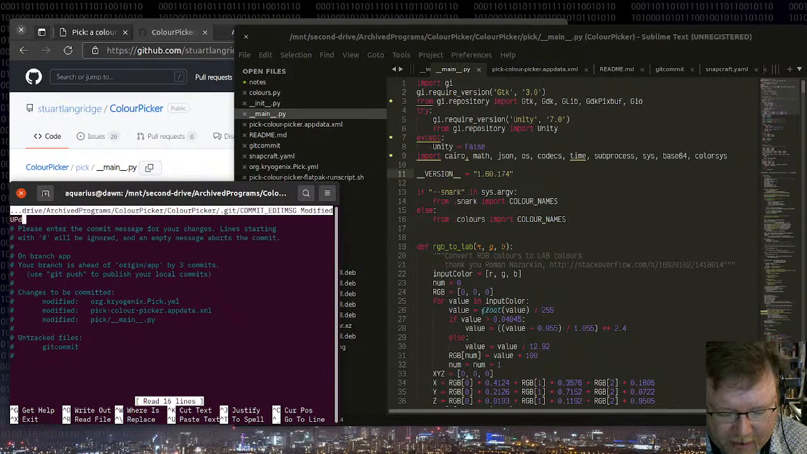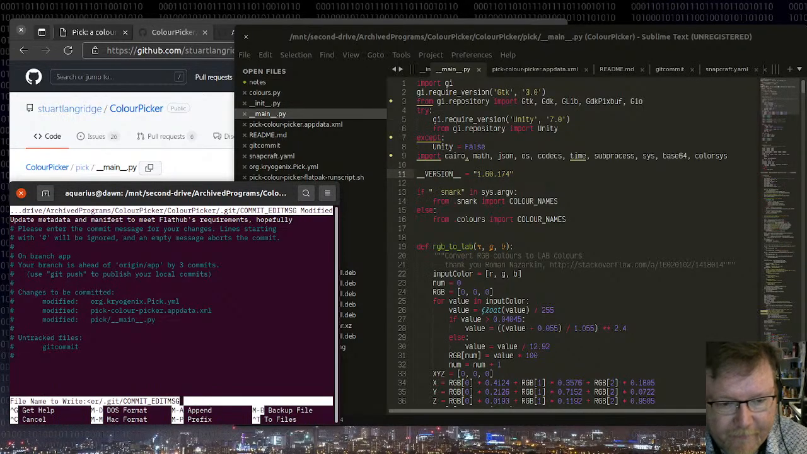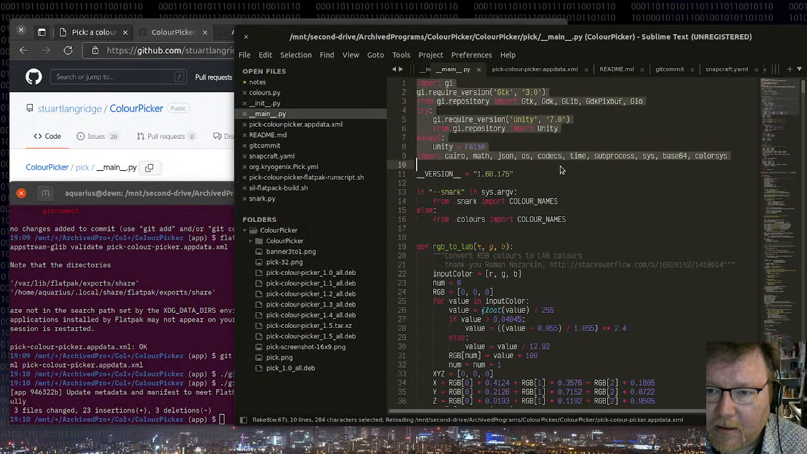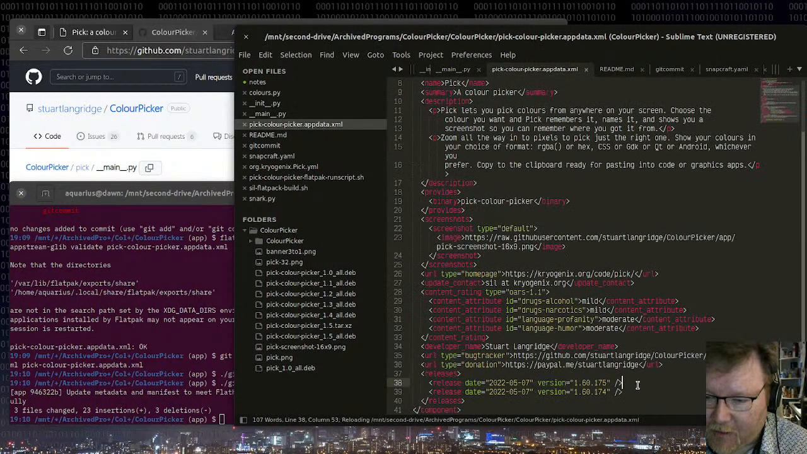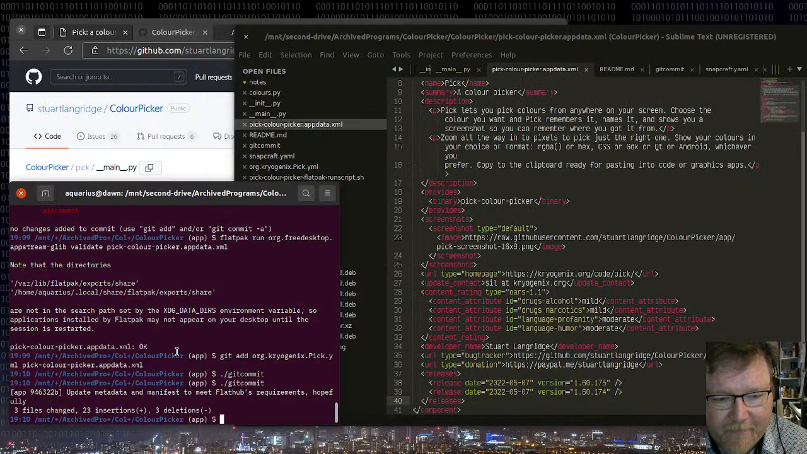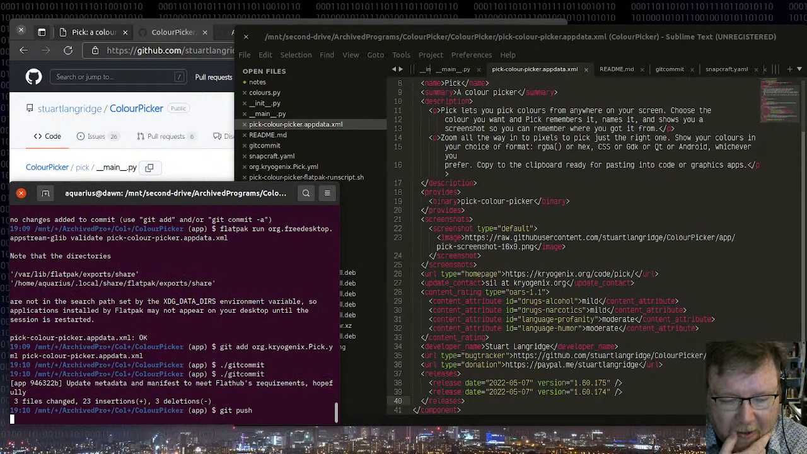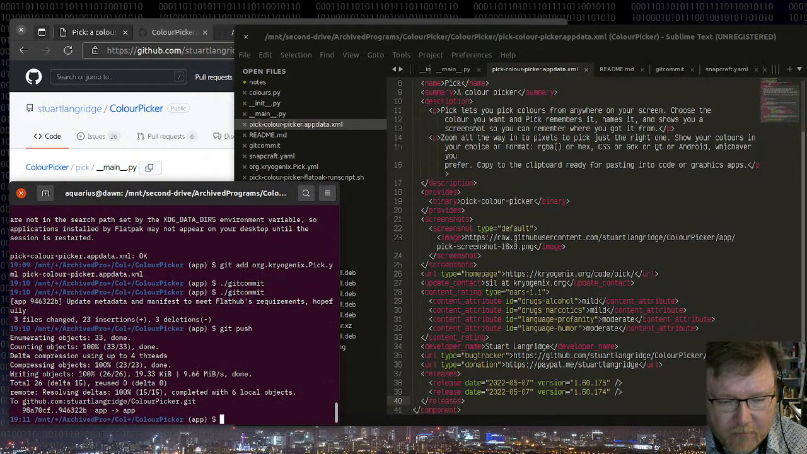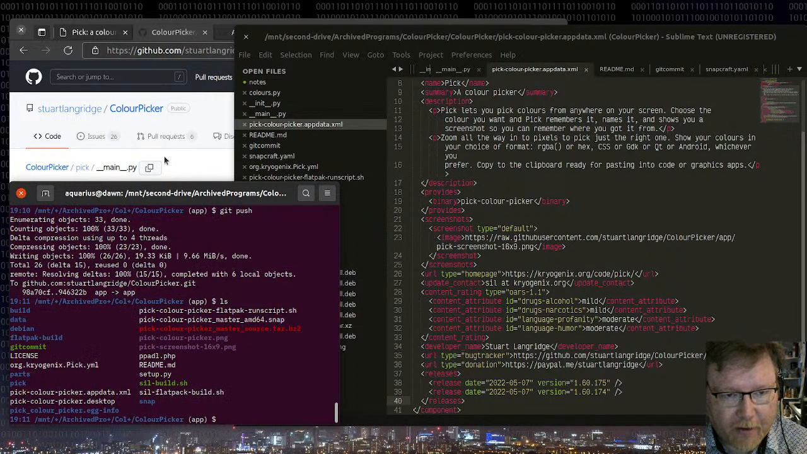So this is going to be update metadata and manifest to meet Flathub's requirements, hopefully. Okay, bosh. That's now 175. This has got a 175 in it, also released today. Git push. Okay. Good. So at this point, this is ready to work,